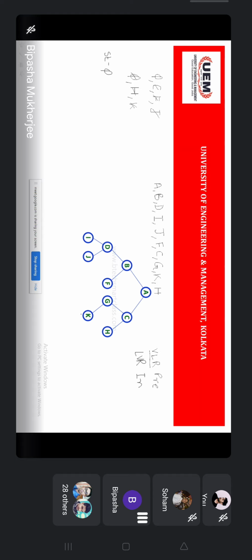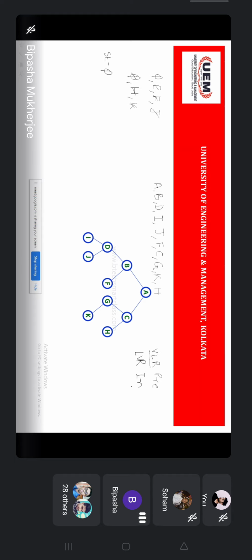You need to start from A, that is the root. See, in case of pre-order, at the moment you are following the path, you have the option to print them.